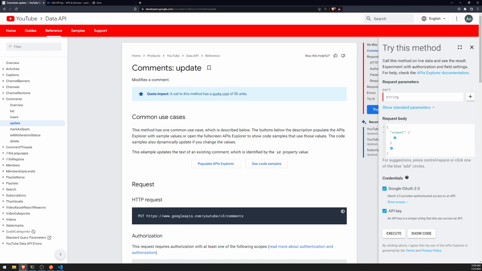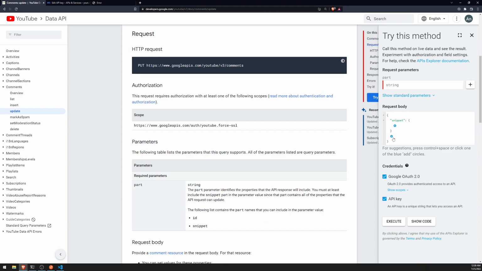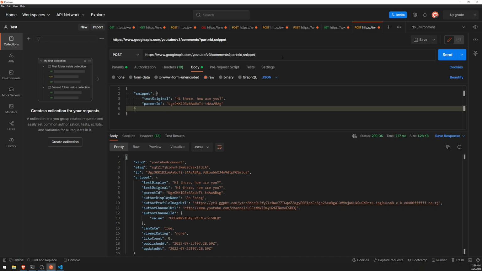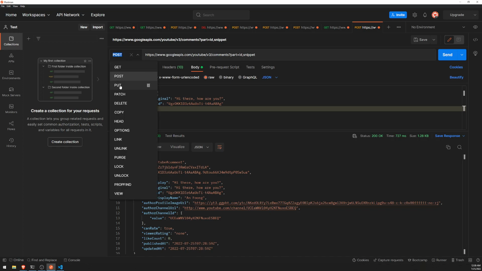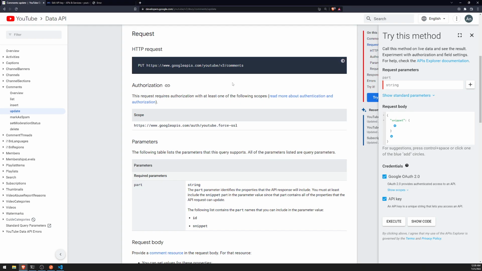Yeah, so this example updates the text of an existing comment, which is identified by the ID property value. Okay, and I think we can actually add the ID over here. Okay, yeah, I think we got it. So let's go ahead and I'll just use a pull request. I'll just change it to a pull request because I don't want to make a new tab, and I'll leave the same